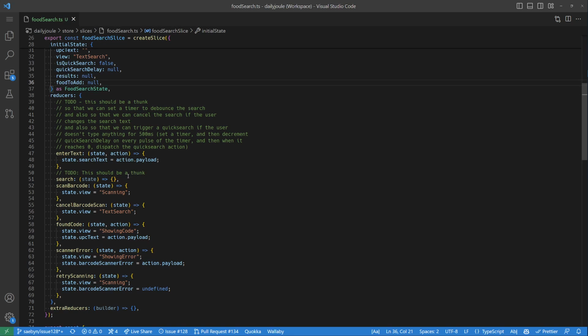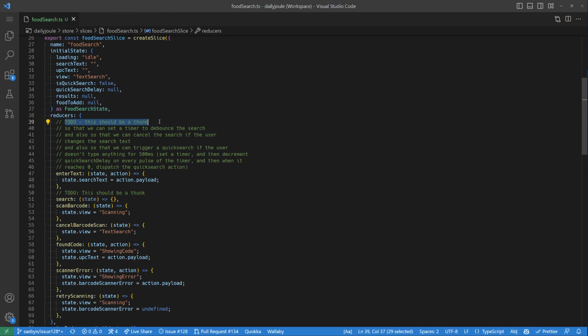And then, so we left a to-do. This should be a thunk. So I think specifically enter text should be a thunk. And the comment here is so that we can set a timer to debounce the search. So one of the features of the old mechanism was that you would type something in, and